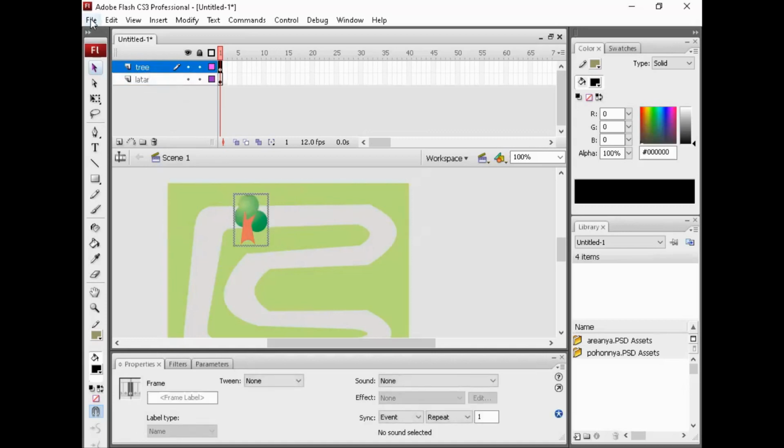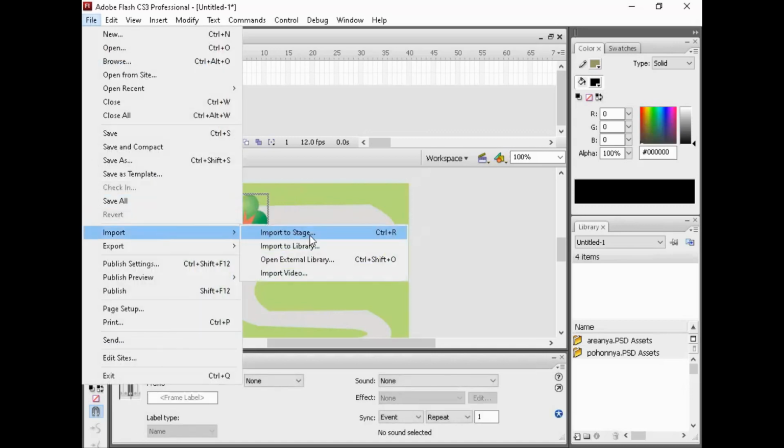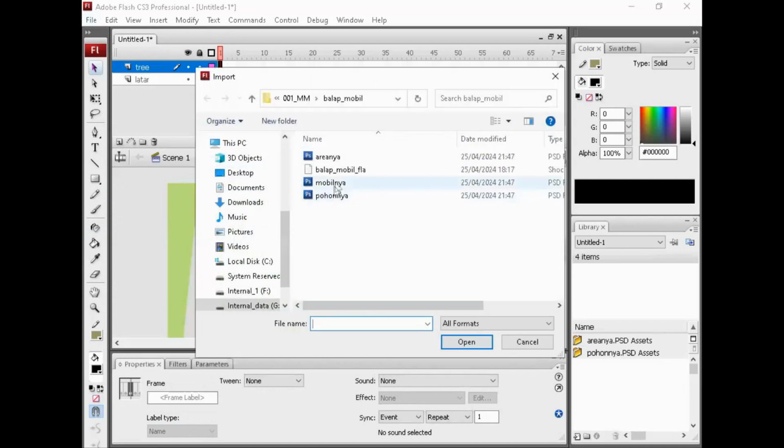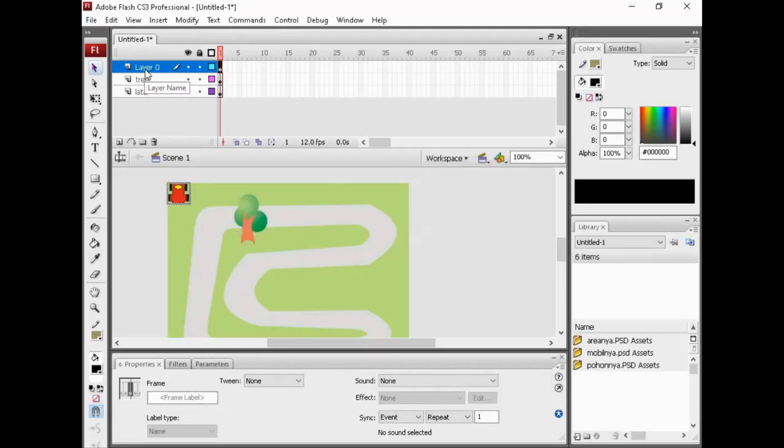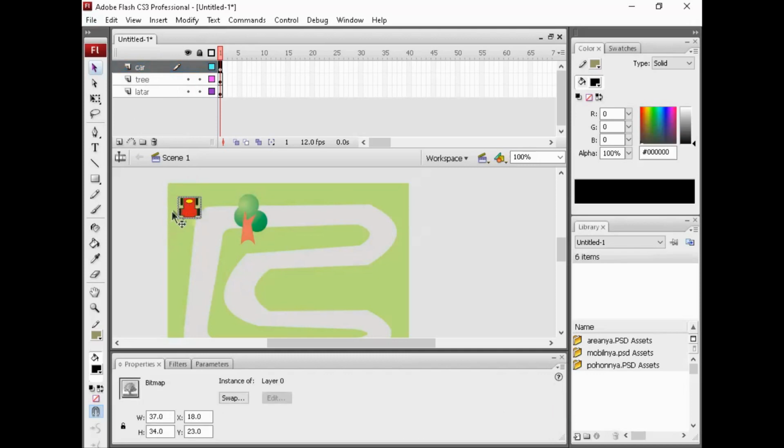And now, lastly, you can import the car. Okay, the car. Okay, that's the car. But now I will convert this car to a movie clip.